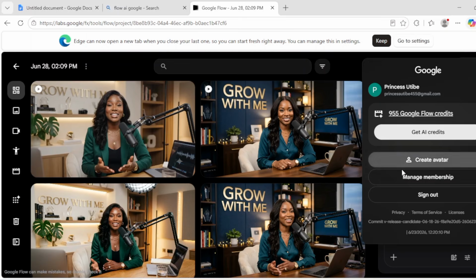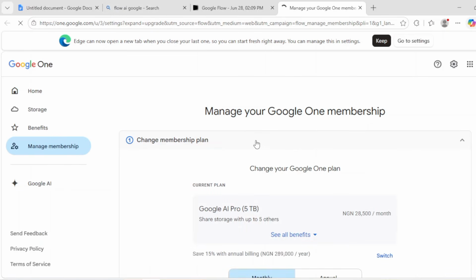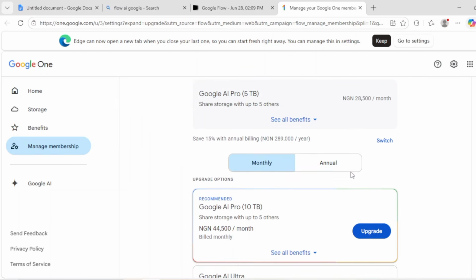So what I will do now is go ahead and click on manage membership. Now I went ahead to click on manage membership, and it brought me to this interface. Here it says manage your Google One membership. Now if you scroll down, right now,